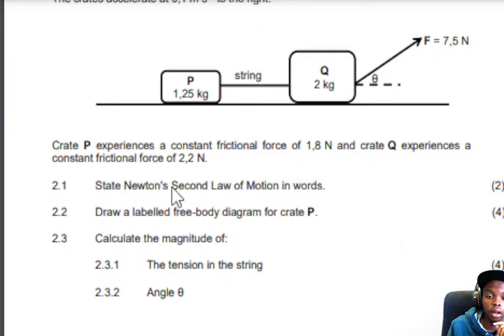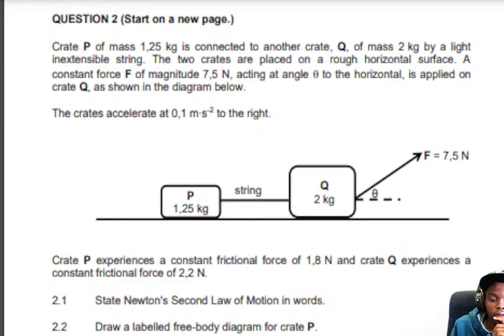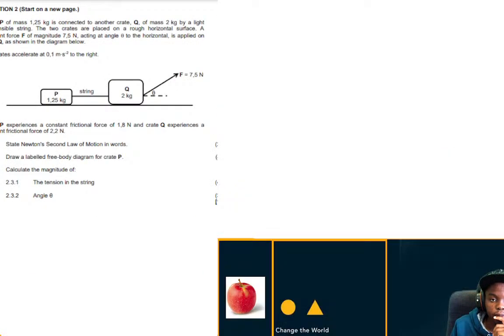Now, here they're asking us to draw a labeled free body diagram for block P. I'll draw for both. So let's start with block P. In block P, you have your normal force acting downwards, you have your weight,